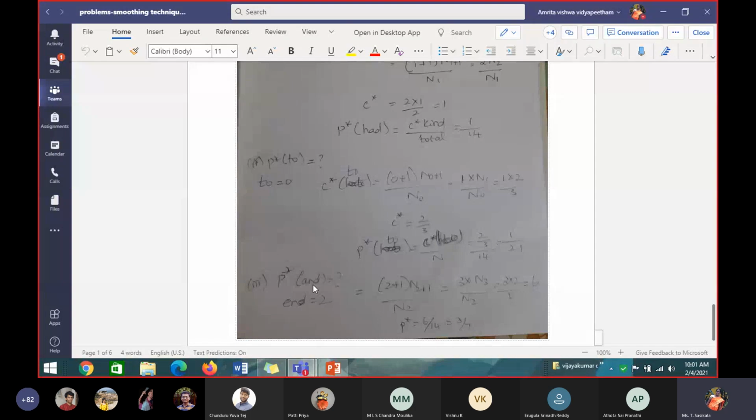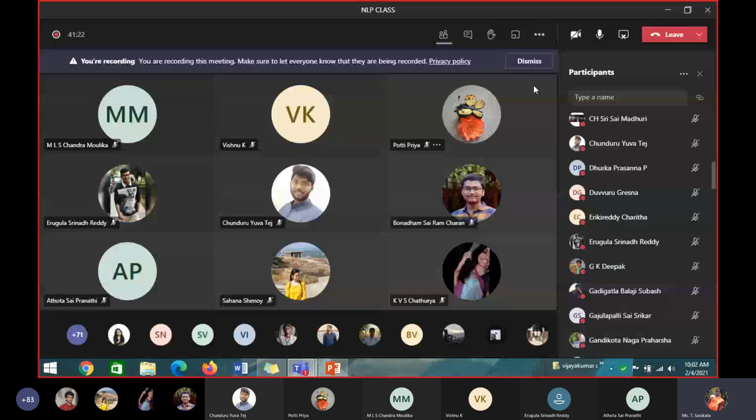So this is the end of your language modeling. In language modeling, they will be asking some problems like MLE estimate. Given some sentence, they may ask you to find the probability of the bigram, trigram or unigram, or the bigram probability for the sentence. You have to find the various bigrams and the probability of each based on the counts given in the problem. Then you multiply them to find the probability. If you get 0 for any one of these, then you have to go for a smoothing technique.